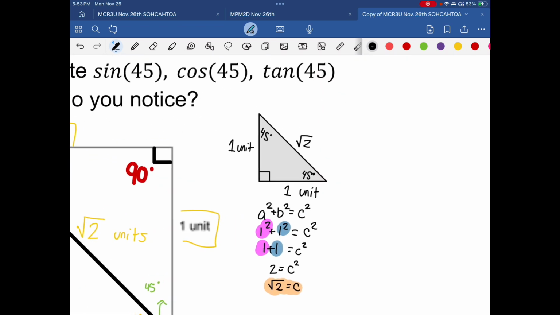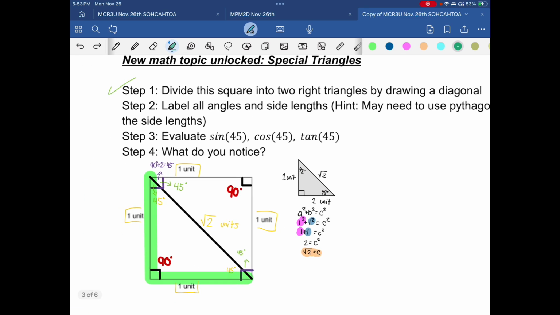I know that these side lengths of 1 and 1 and the hypotenuse of root 2 will be the same for any right angle triangle. Sorry, I'll clarify: any right angle triangle that is the 90-degree, 45, 45-degree special triangle. Okay, now